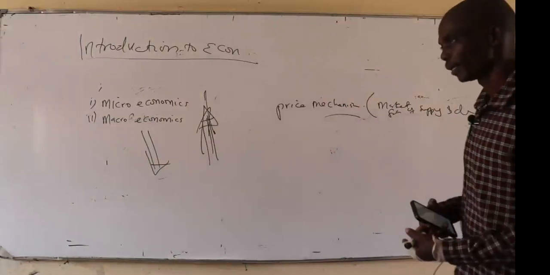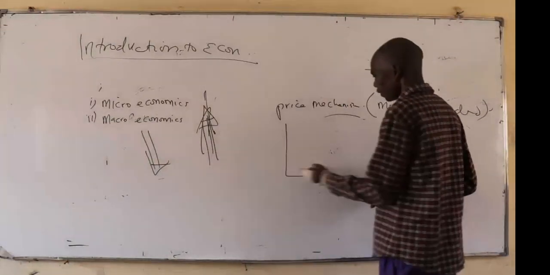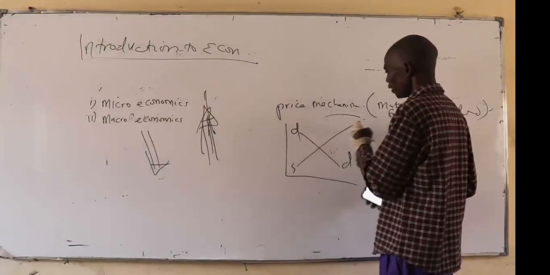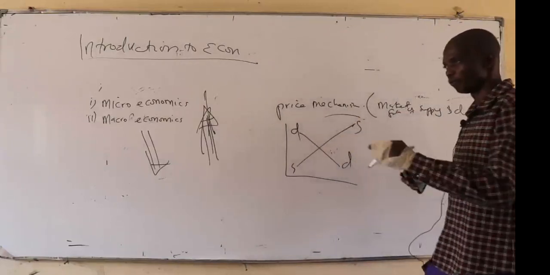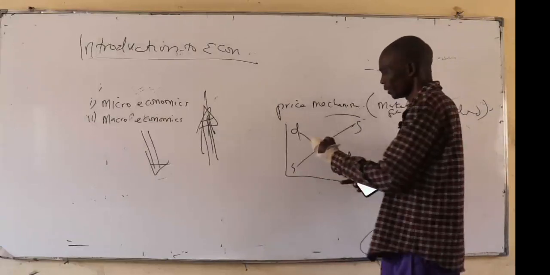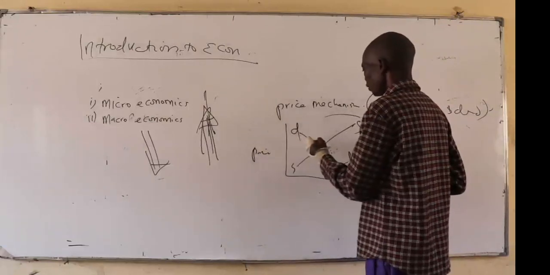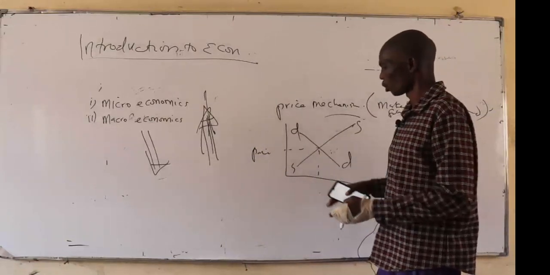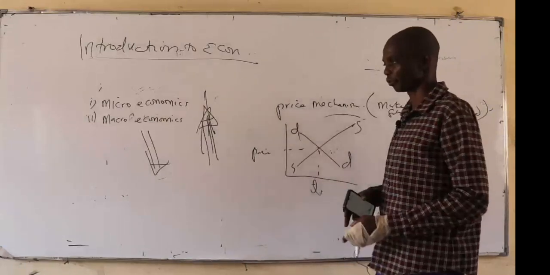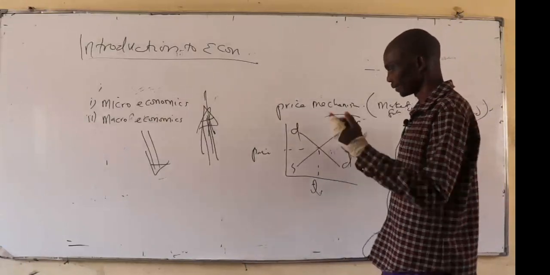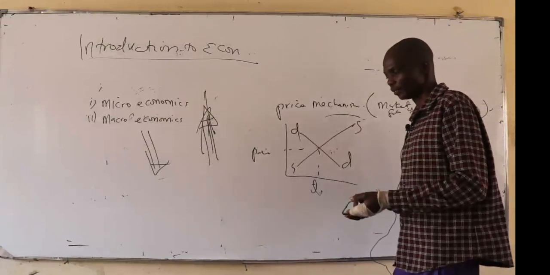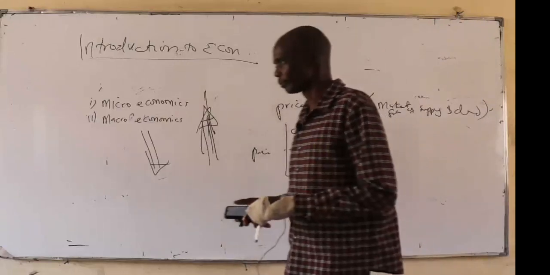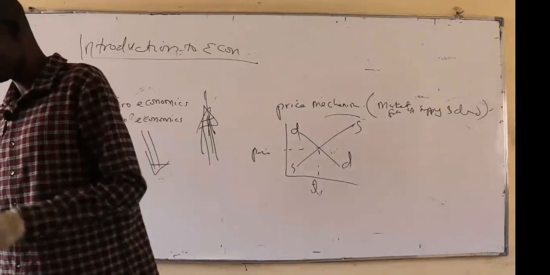We shall learn later that there is a demand curve and there is a supply curve. At any given time in the market, there will be demand forces and supply forces, and this gives a price. So they decide the market price that is ruling, and it will tell us how to allocate the resources. As I've said, if the prices are rising, the indication is that the demand is also going up, and therefore the producers may allocate more of their resources to producing those goods.